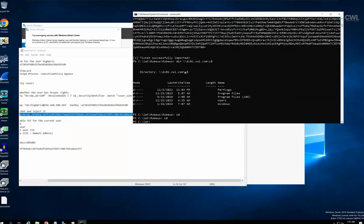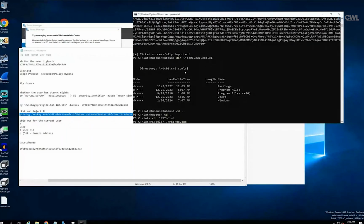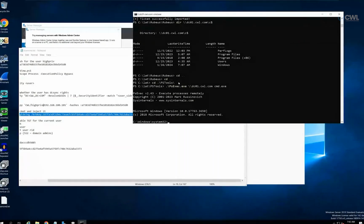So at this point we have all the information, all the credentials that are required to move laterally to the target machine. So all we need is some tool, or if you really want to, you can craft your own as well. But we will be using this PsExec tool, which performs things over SMB. So we do not even need to provide any credentials here, since the ticket is already injected into the current logon session. So all we need to do is hit enter, and it will provide us with the